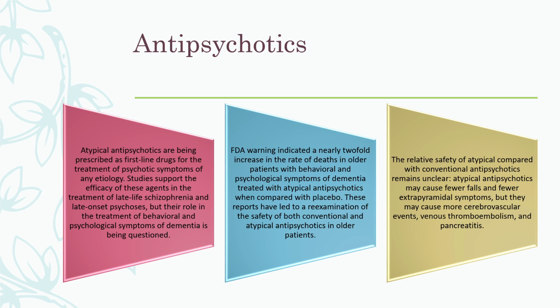You're going to have a black box warning on your antipsychotics, okay? Your conventional, otherwise known as typical, or atypical, your newer ones, you're going to have that black box warning of, hey, this can further reduce cognition, worsen, especially if there's a diagnosis of dementia. So it's kind of a hit or miss and something that you're going to have to work with family, and